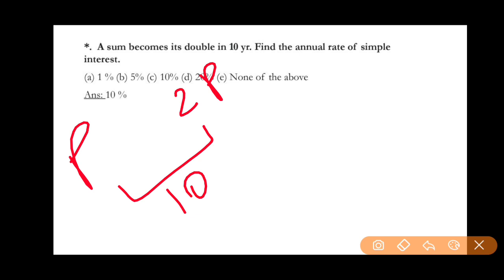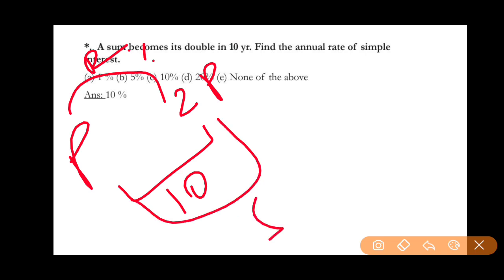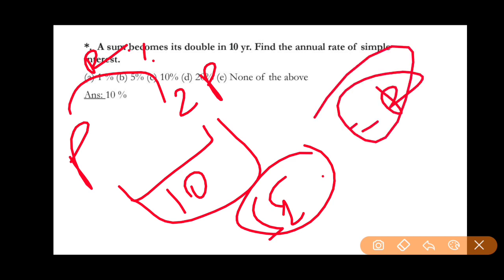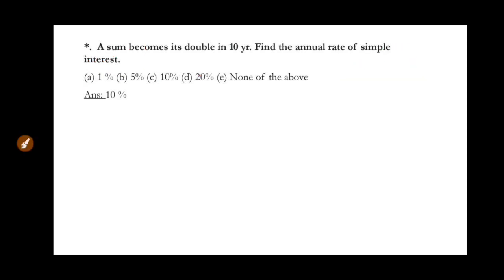So find out the rate of interest. Within the 10 years it became double, so what is the rate of interest needed to become double? Let me tell you how to calculate this one. First of all, within the 10 years, what would be the simple interest I need to check. From the simple interest, we can calculate the value of r. It's very simple.